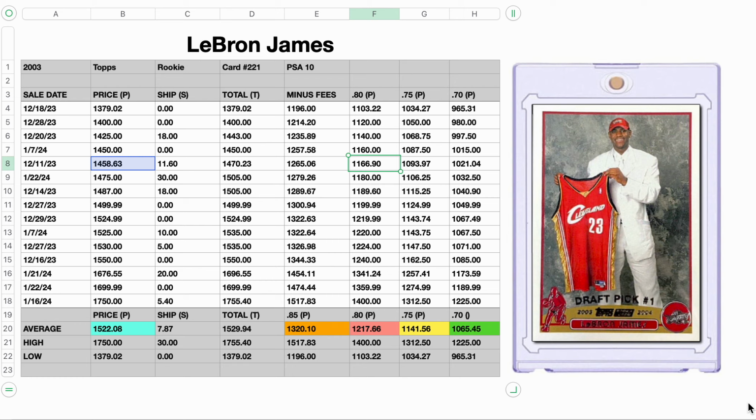You're going to think, well, they're right. But make sure you point out that that doesn't include the fees that sellers are paying. So don't get ripped off while you see this card in person. Definitely negotiate it lower than this. I would definitely negotiate it lower than the 1320 and get in at